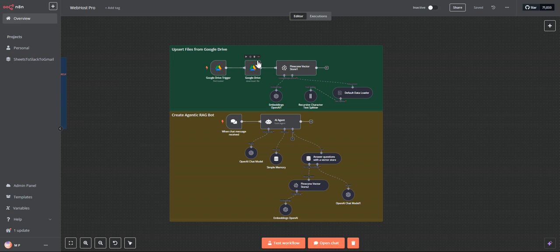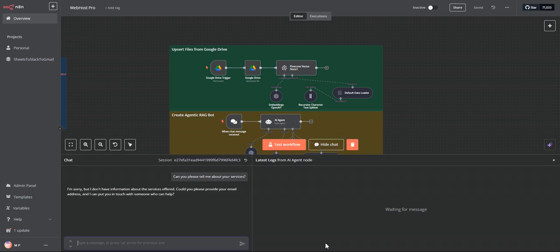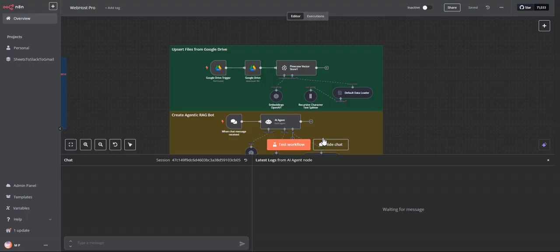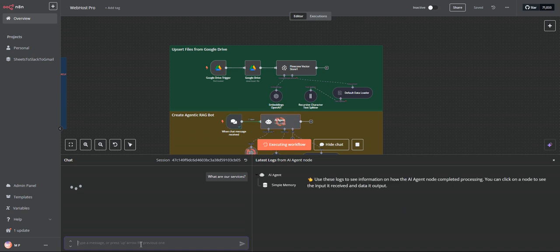And then we'll also be upserting information into our Pinecone Vector Store database with the Google Drive trigger, and then with our files in our Google Drive. So just a quick demo of what this can do. We'll just reset that. So we'll just ask it, what are our services? And this is for